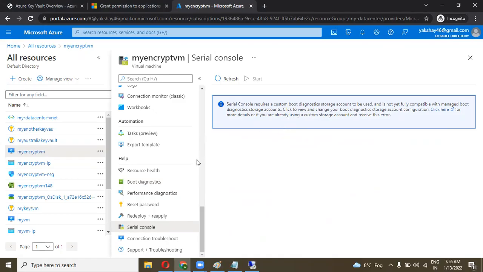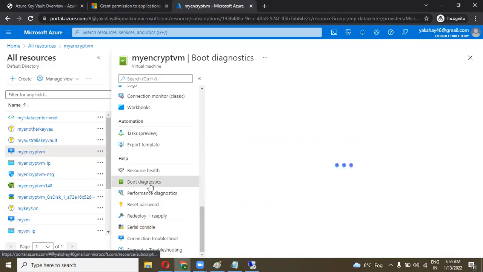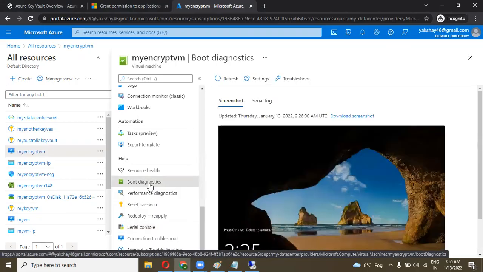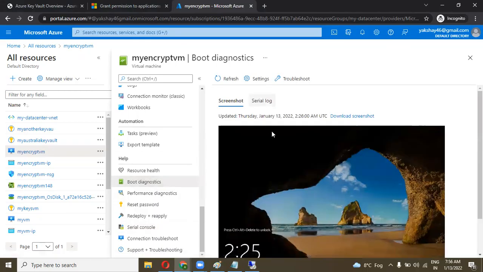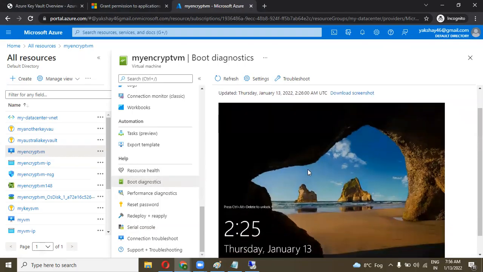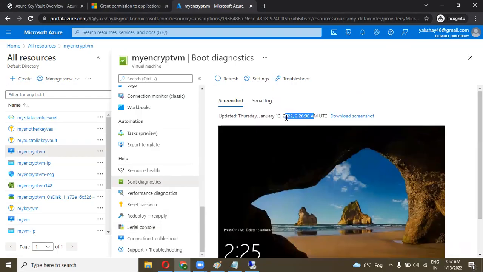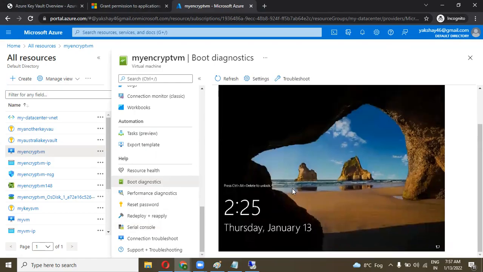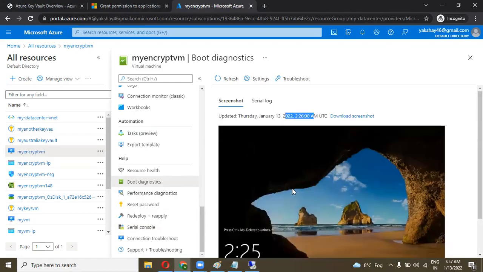Now go to the boot diagnostic section. You can download the screenshot. The time is here. It will take a screenshot whenever you do something on that machine, and then go to the serial console.